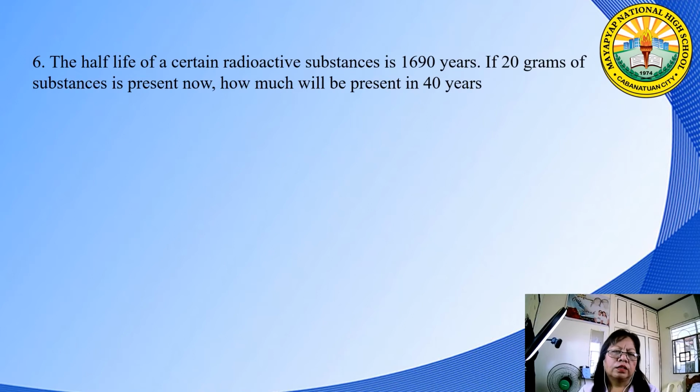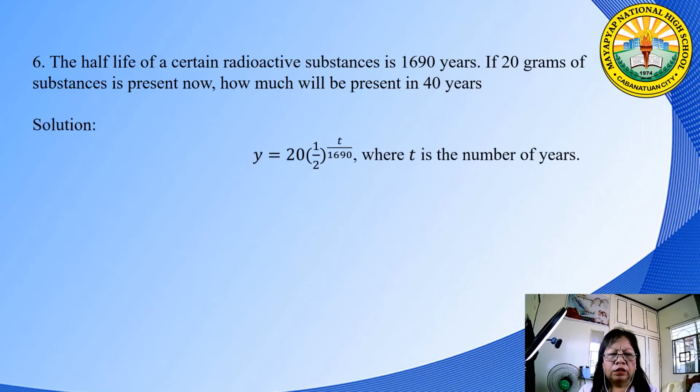Another problem. The half-life of a certain radioactive substance is 1,690 years. If 20 grams of the substance is present now, how much will be present in 40 years? So y equals 20 times 1/2 raised to t over 1,690, where t is the number of years. So y is equal to 20 times 1/2 raised to 40 over 1,690. So you replace t by